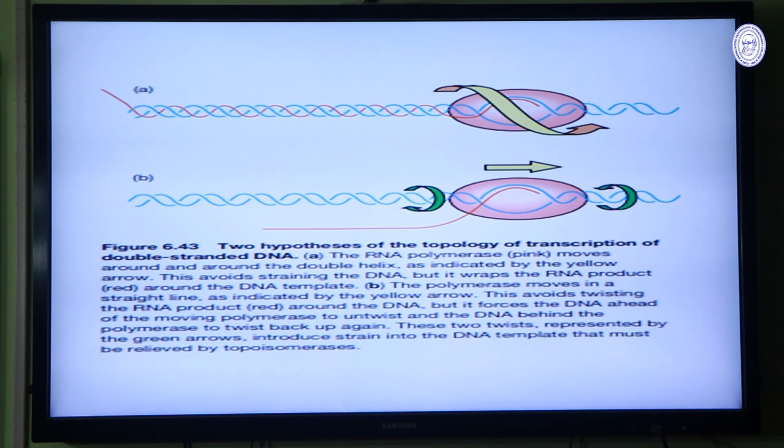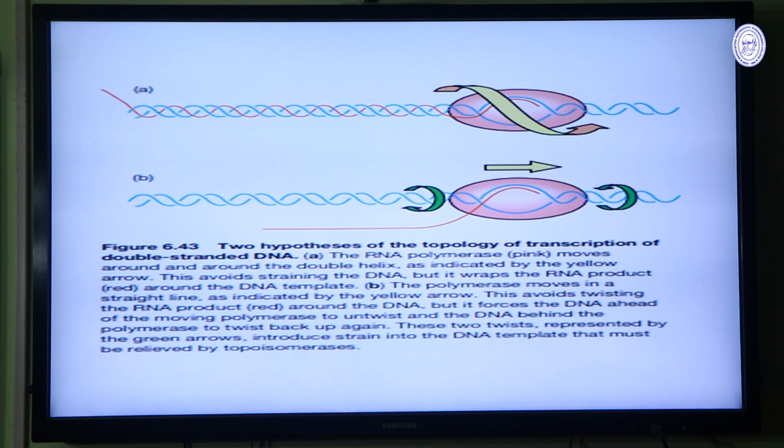Now, how does the elongation complex move? There are basically two hypotheses. In the first hypothesis, the double stranded DNA is in blue and the newly synthesized RNA is in red. The RNA is completely wrapped over the double stranded DNA, because the RNA polymerase is moving around and around the double helix, as indicated by the yellow arrow. This avoids the straining of the DNA, but it wraps the newly synthesized RNA product around the DNA